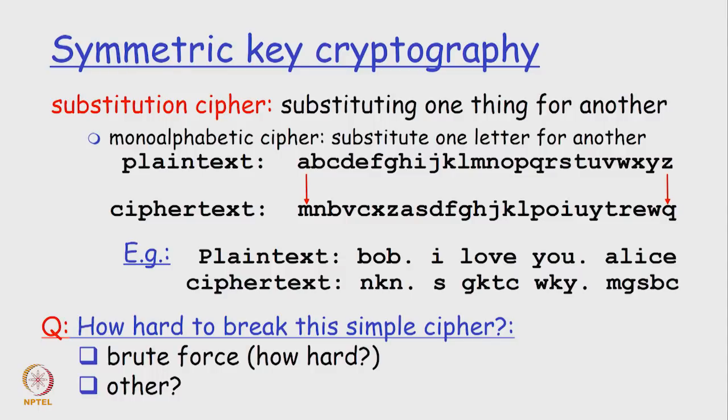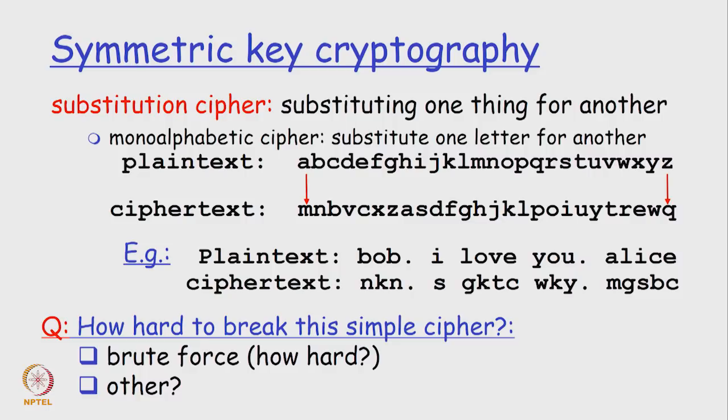The example that I am showing on the screen is called a mono alphabetic cipher. For example, every alphabet will be replaced by some other alphabet, like A becomes M, B becomes N, C becomes B, like that, A to Z you have another map. So if the plain text is Bob says I love you Alice, the cipher text will become NKN, SJKTC, WKY,